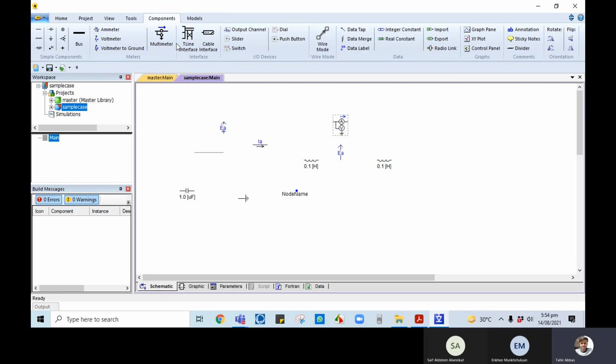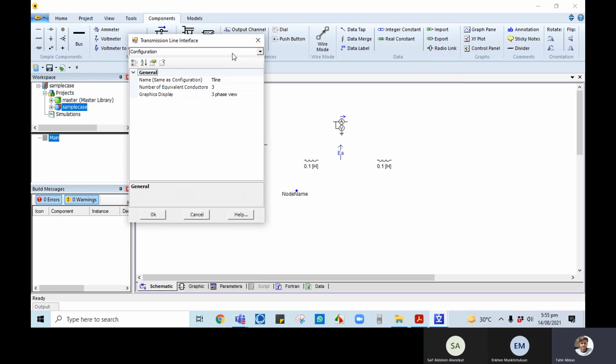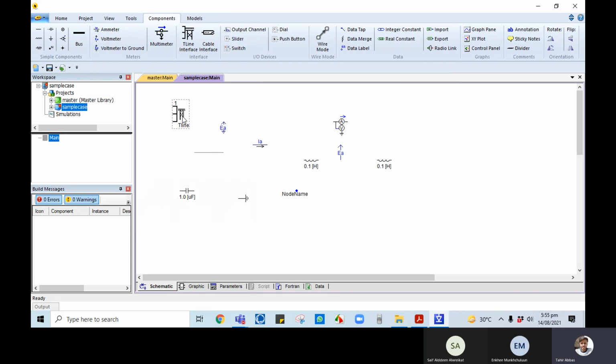I just want to explain how we can pick those components. So this is how easy this is. Once picking the components is easy, you can model whatever you want. So this is a transmission line in pi equivalent model, but most of the time we use the simple line and cable. And then most important in case of output, here you can see output channels, then slider button to vary, then switch dial button, and then push button.